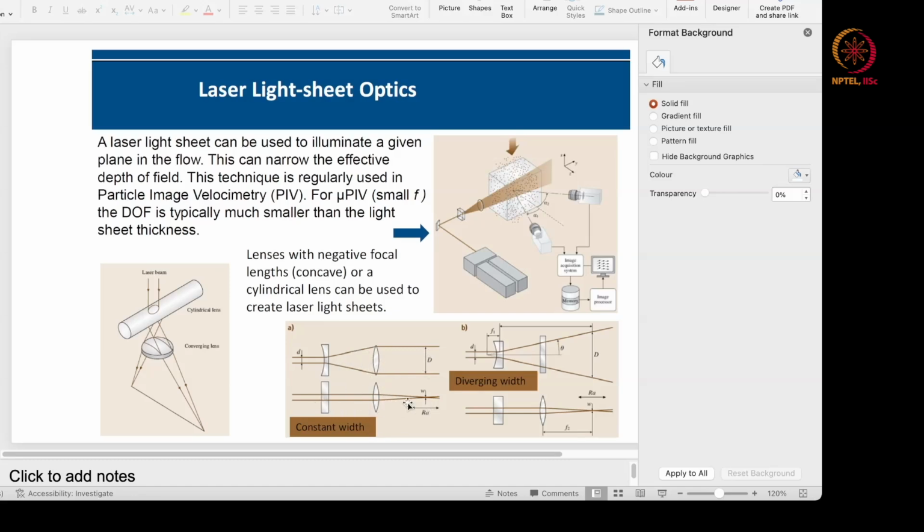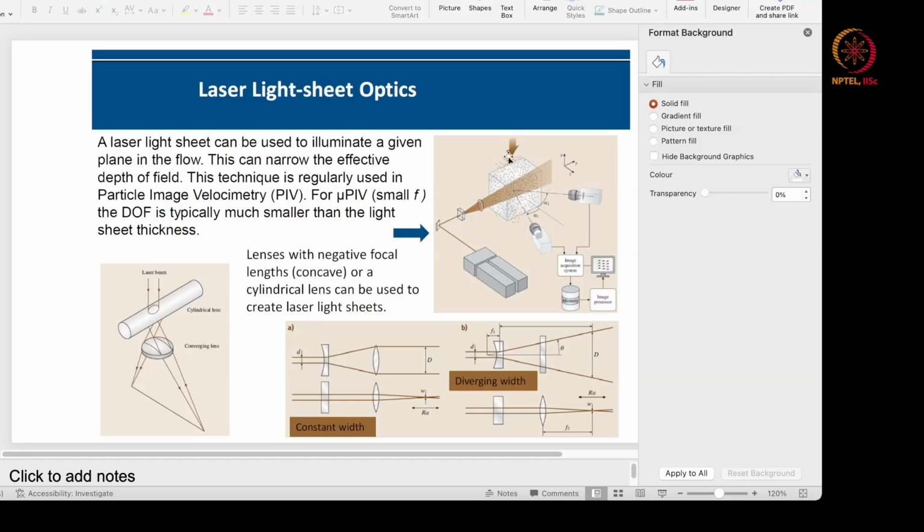of certain constant width. So you can see that this is, for example, diverging width. This is width. So this is routinely used in measurement. So typically this is like an Nd:YAG laser, which is basically expanded. First it is routed, or basically deflected, guided. Then you use this arrangement of cylindrical or concave lenses, and then use a convex lens, basically open up and